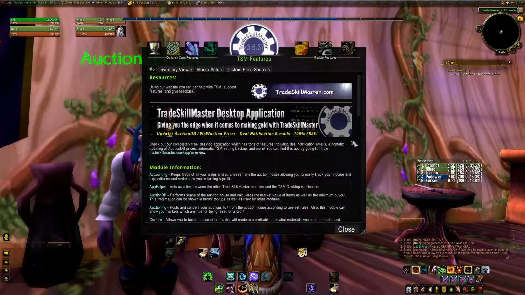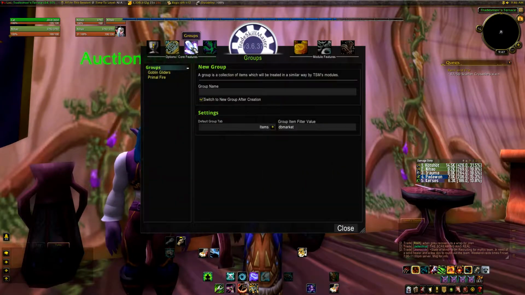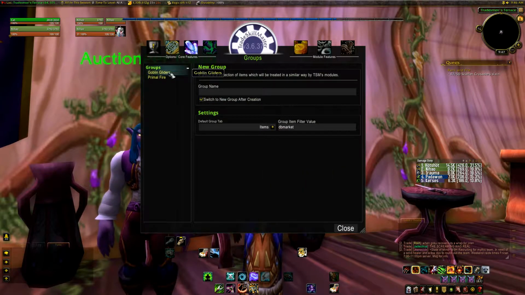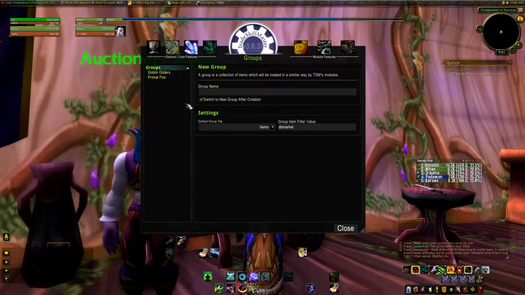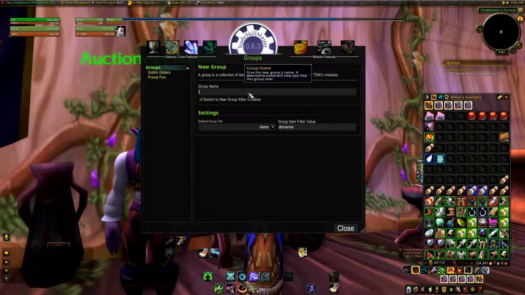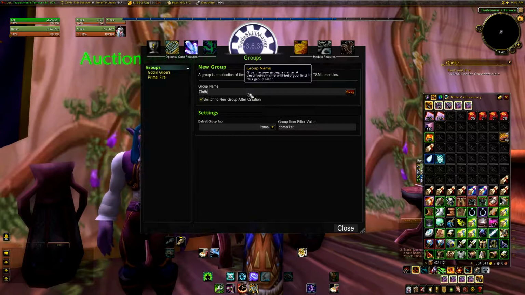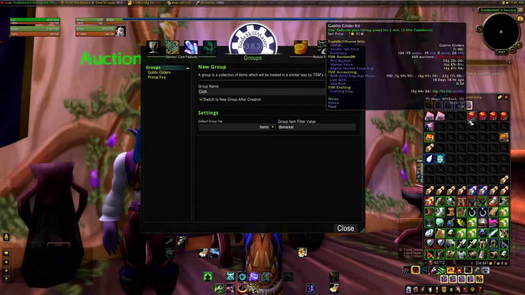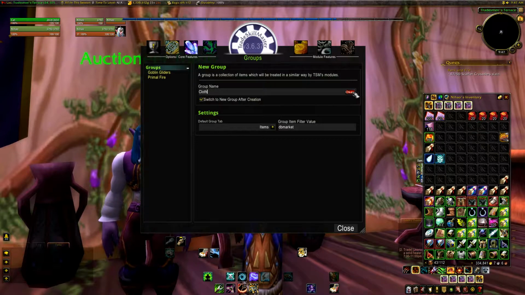So /TSM and go to groups, and you can see I already have some groups set up. I'm going to create a new group for, let's say, cloth. If you're just starting, what I recommend would be to set things up like stuff you want to sell in stacks and stuff you don't want to sell in stacks. However you want to do it is up to you. So I'm going to make one for cloth just to show you guys a couple of ways to add cloth